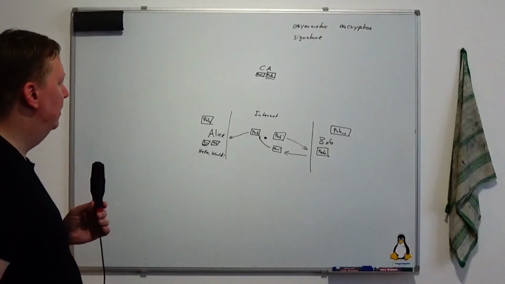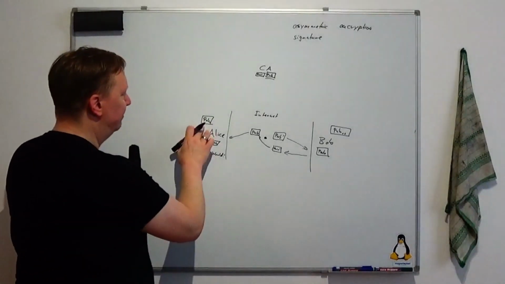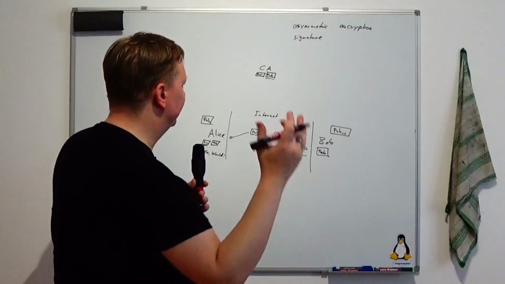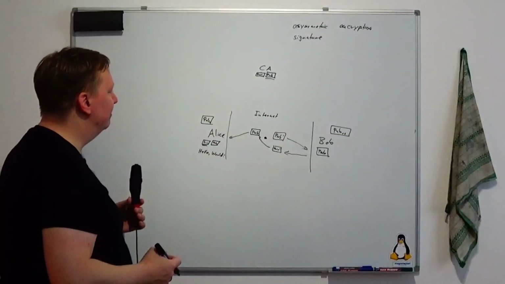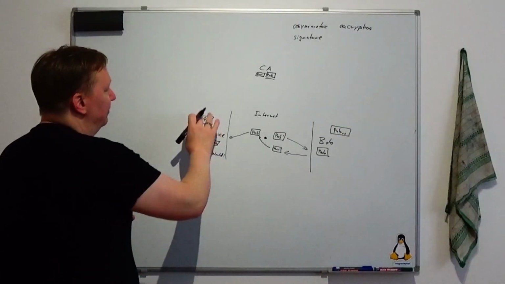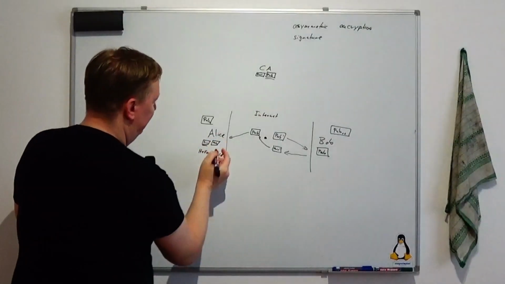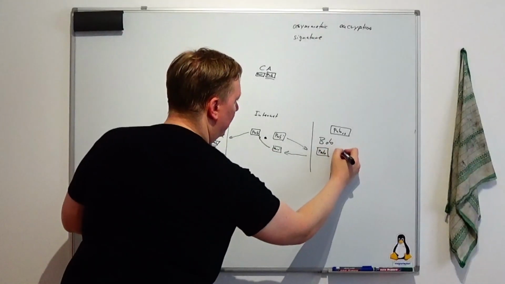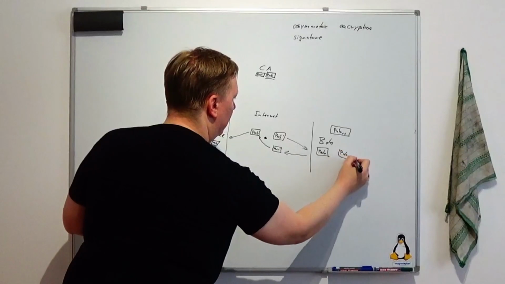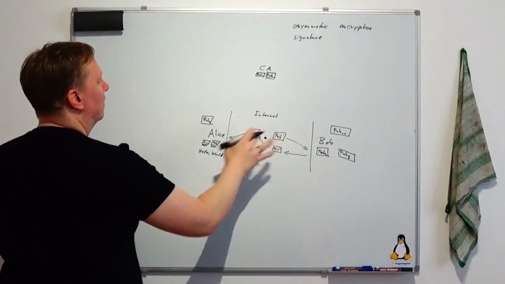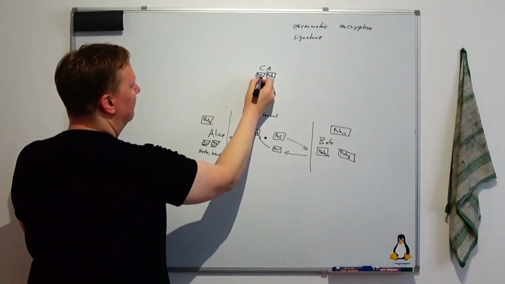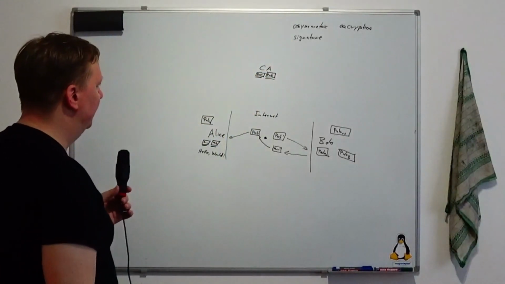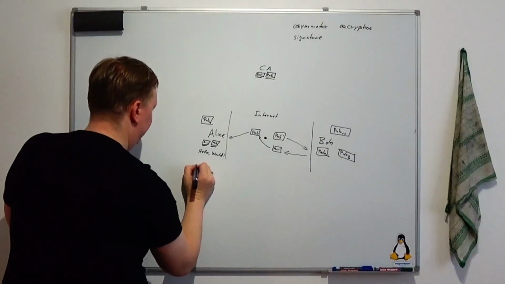And what they can now do is, because they have the public key, they can establish a connection to the CA. I don't know, let's say Swiss Sign, VeriSign, whatever. Let's Encrypt. So they have these public keys, and now they can send their own public keys to the CA. Okay, and the CA can then use their private key to sign these public keys. Okay, so you then get a so-called certificate